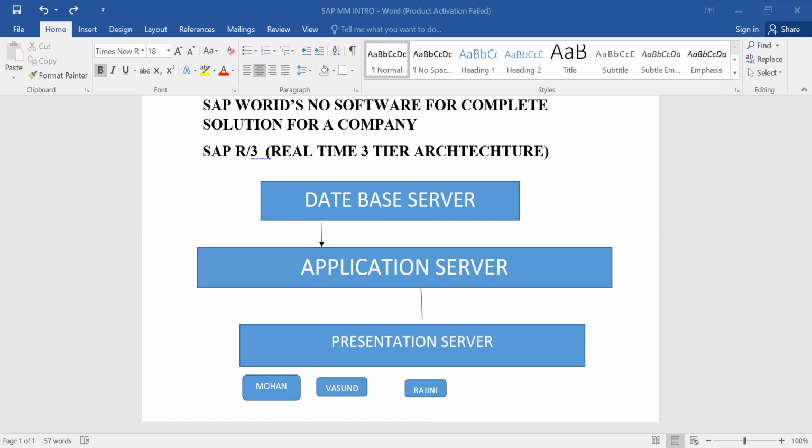They will analyze the business process. They will make the blueprint. What does blueprint mean? Suppose you want to construct a building, first we make a plan, you know very well. Like that, if they want to install SAP software, first they will do the blueprint. After blueprint, they will start implementing. They are installing SAP software into the company. This is called implementation project.